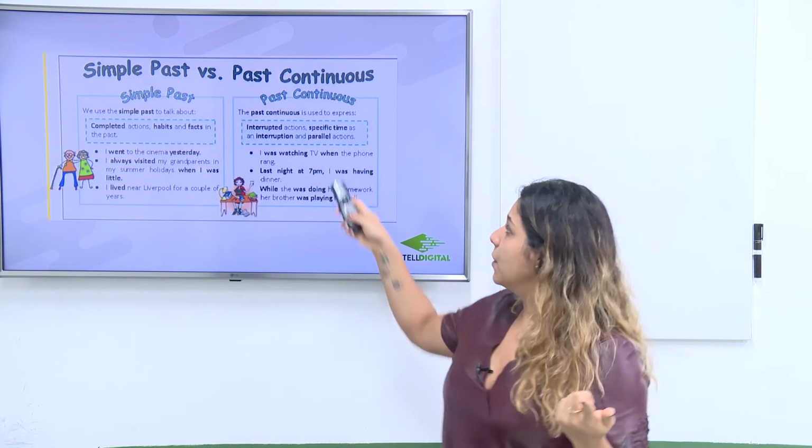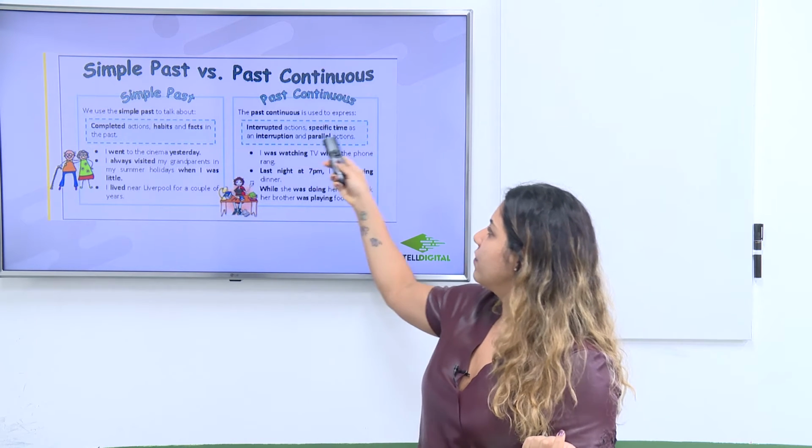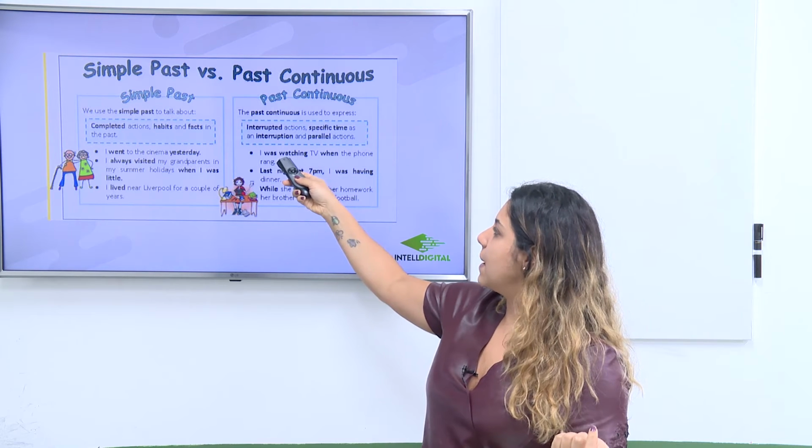So, to recap: interrupted actions, specific time like last night at 7, and parallel actions. Parallel here,